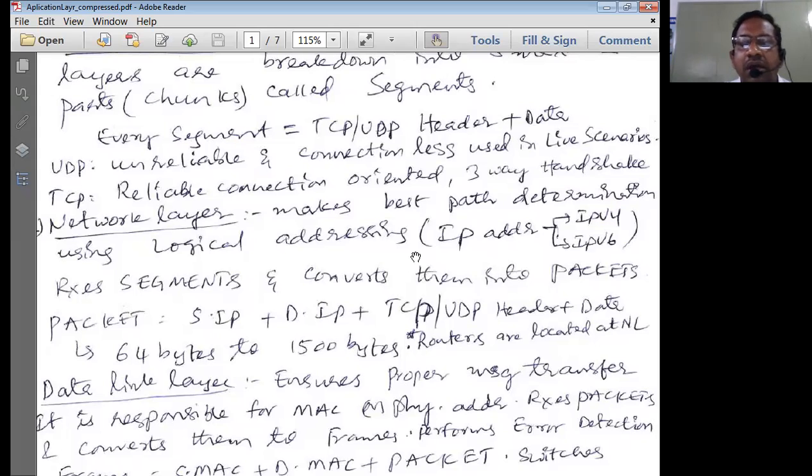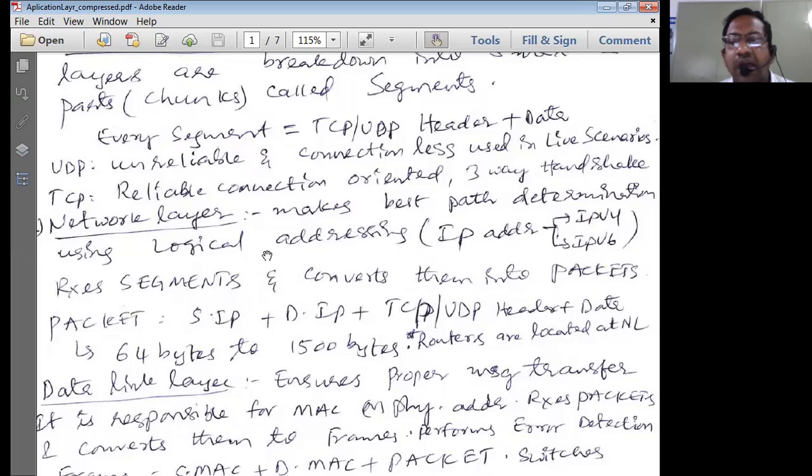So the network layer makes the best path determination using the logical addressing method. The network layer functions we have discussed: it has to perform routing, fragmentation, defragmentation, logical addressing, and internetworking. These are the various functionalities of the network layer.